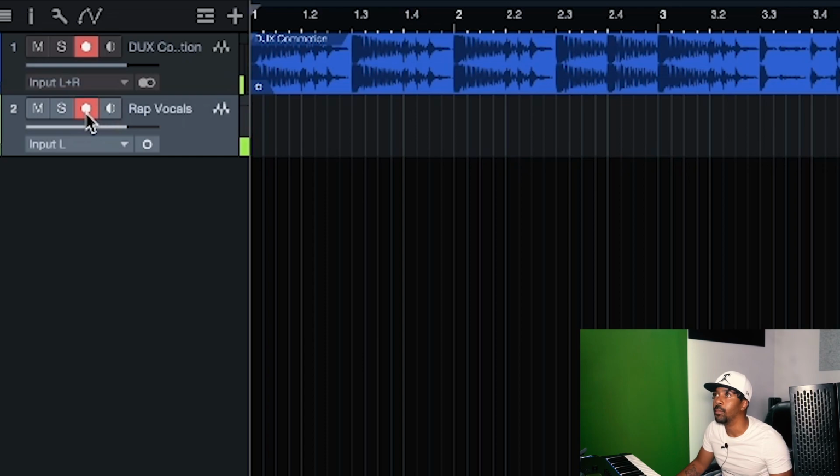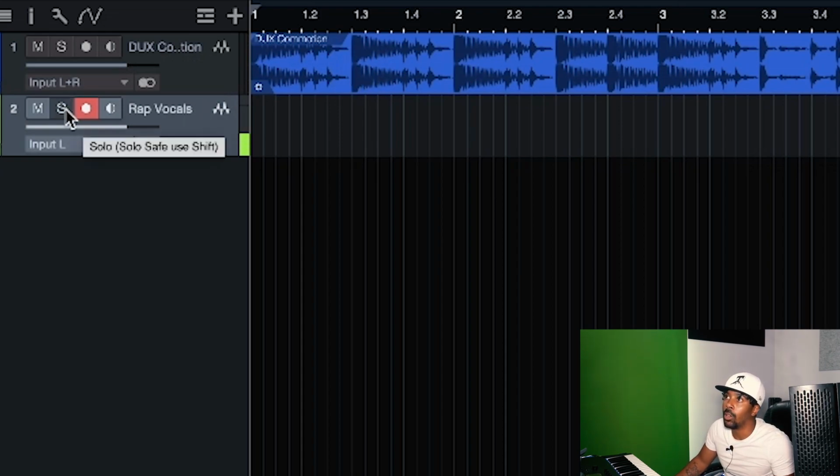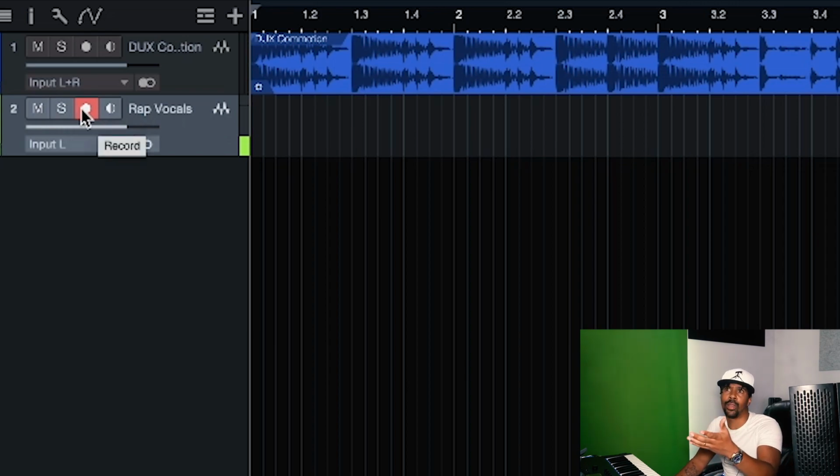And then the red button is going to be for record, so I'm going to take that off the playback. I'm going to take it off the beat. And then this is the solo, this is the mute. Now this record, I'm going to show you how to record, because just by pressing it doesn't mean you're going to record. You're probably wondering why I ain't recording, because I'm going to show you on the transport where you